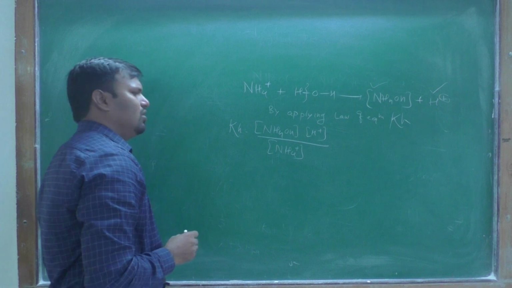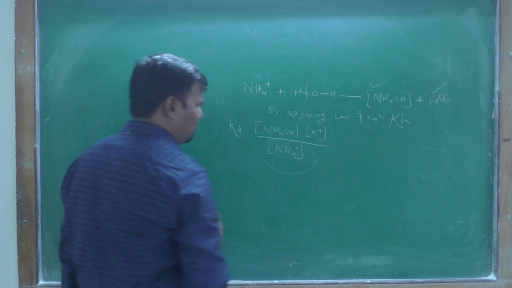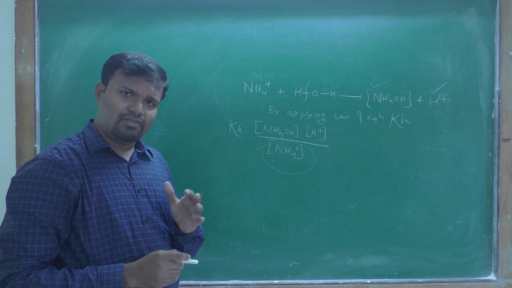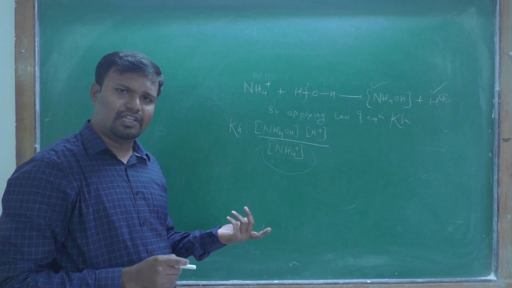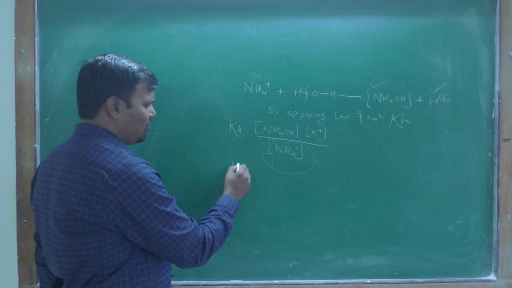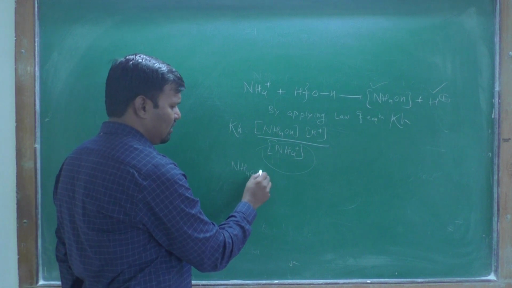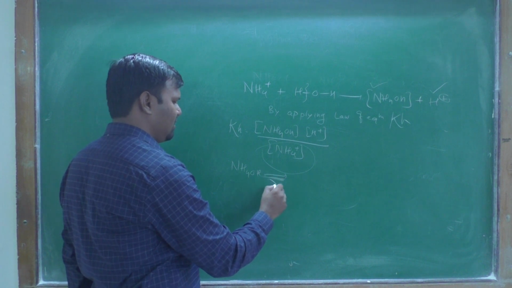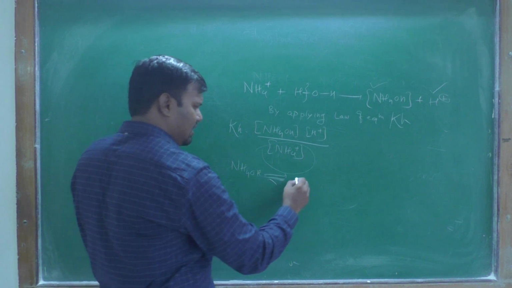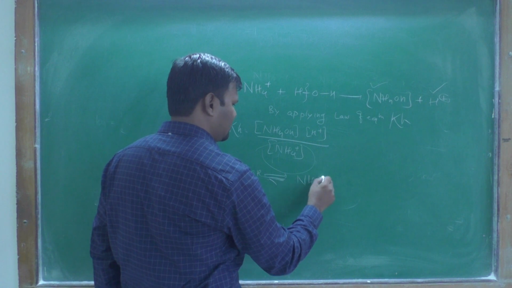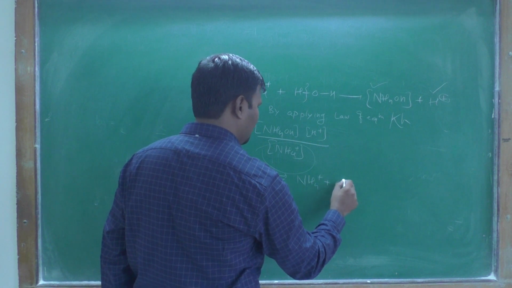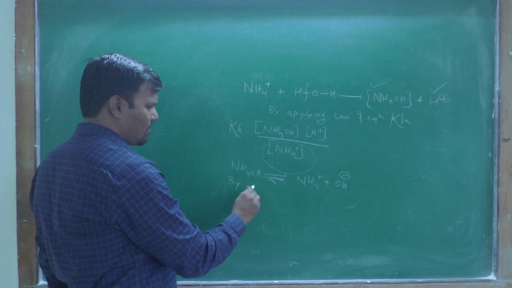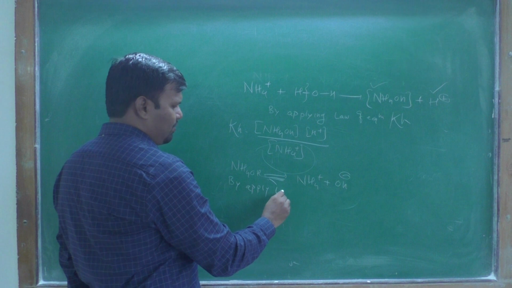The NH4OH is obtained from the weak base, so it can dissociate like this: NH4OH gives NH4 plus and OH minus. By applying the law of equilibrium,